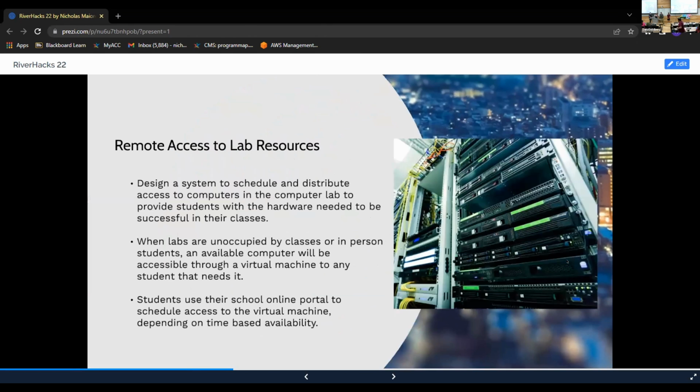So basically, we have all these computer labs on our campuses with various computers that are not being used, and an increasing number of remote students. So we're thinking the solution is to design a system to schedule access to and distribute these computer resources. Students in remote locations, or those who don't have the correct machine or the correct software, can use